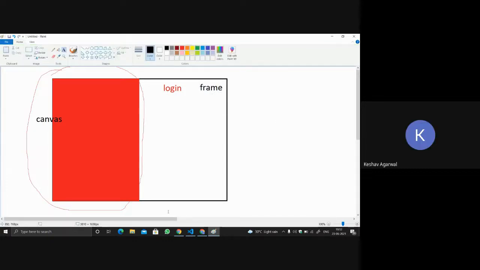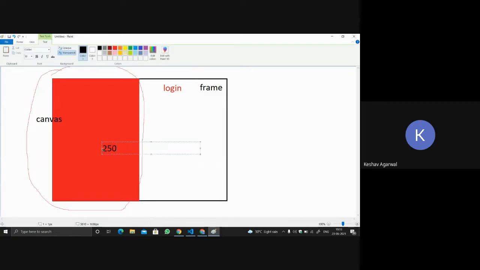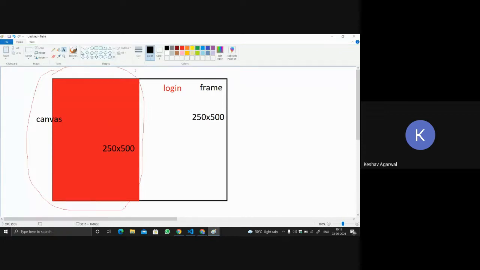So we can use both. If this window size is 500 cross 500, I will split it: this is 250 cross 500, and this is also 250 cross 500. So we can divide it like this.